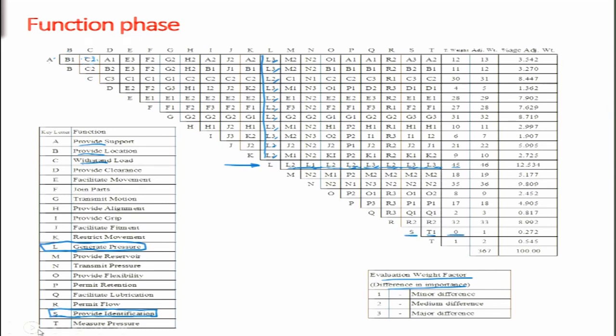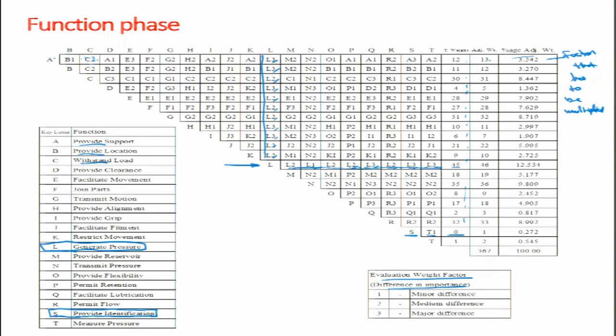As mentioned in the previous slide, we add 1 to all these functions to get these weights, because you know this value is 0 and this has to be a factor. Each function value, each of these values, this percentage adjusted weight, this has to be a multiplicative factor, that has to be multiplied. Okay, that is why we cannot have 0. So we add 1 here to get these values.